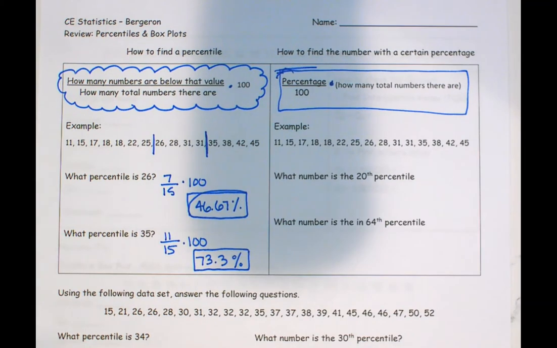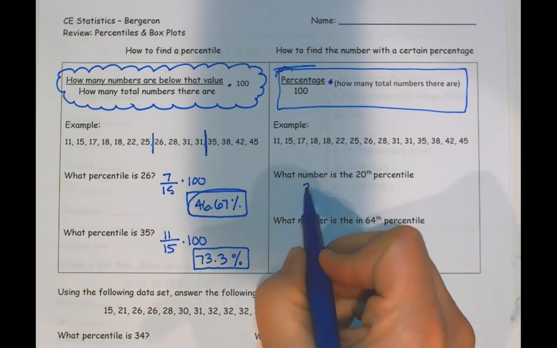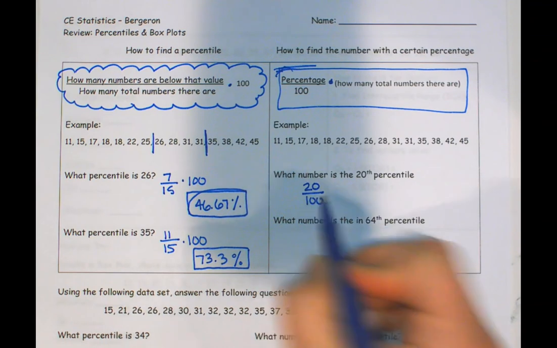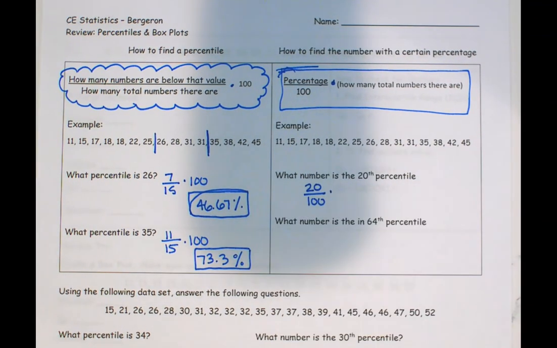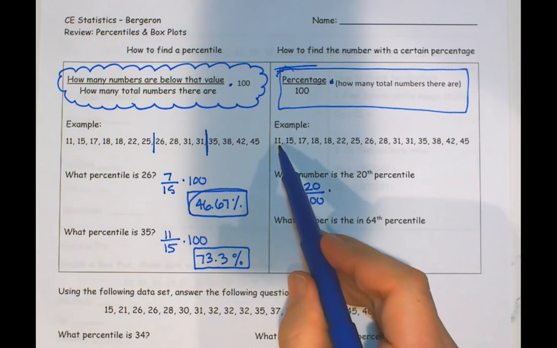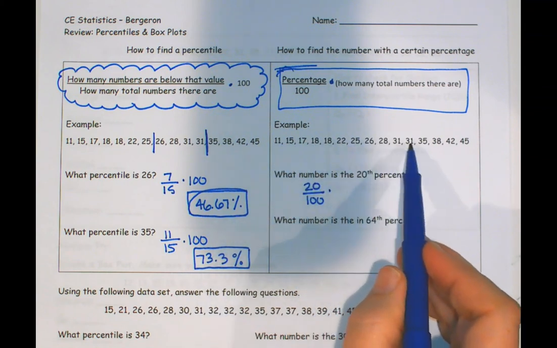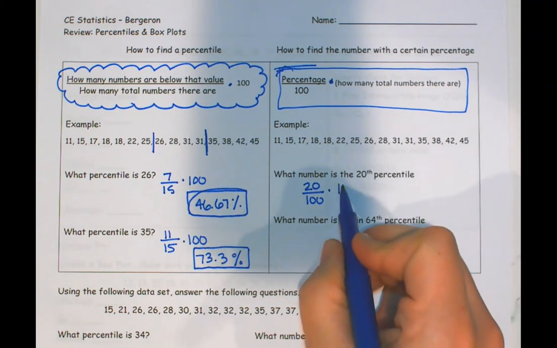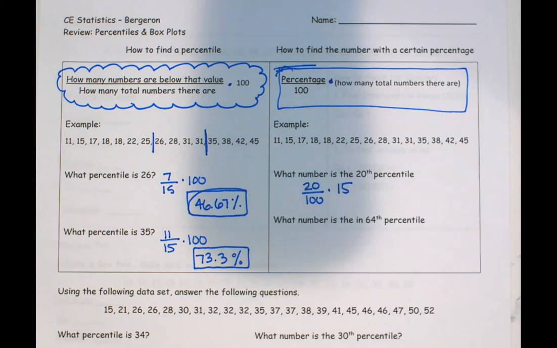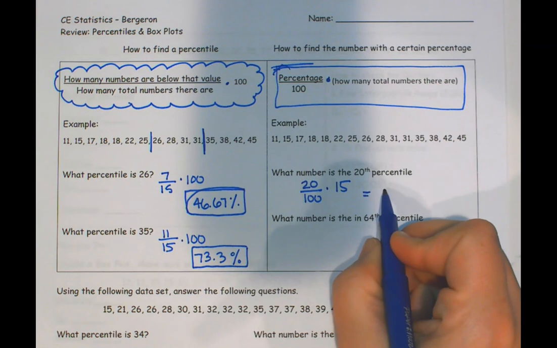So if I have a list of data and I'm looking for what number would put me in the 20th percentile, I take 20, divide it by 100, and then multiply by how many numbers there are. So I'm still looking at 1, 2, 3, 4, 5, 6, 7, 8, 9, 10, 11, 12, 13, 14, 15 numbers. So 20 divided by 100 times 15 says that a score of 3